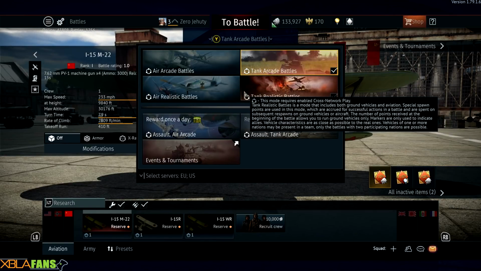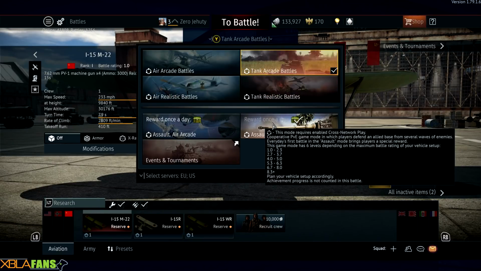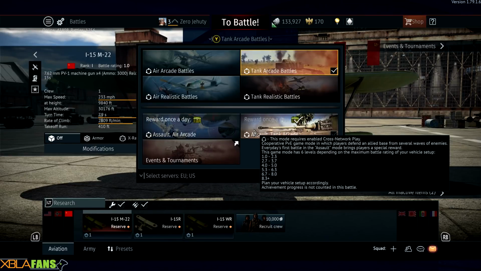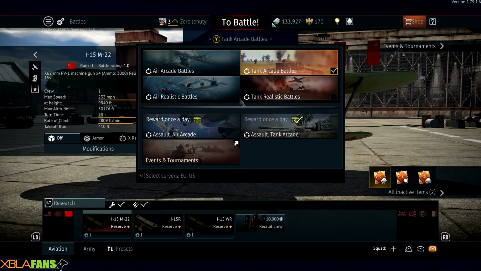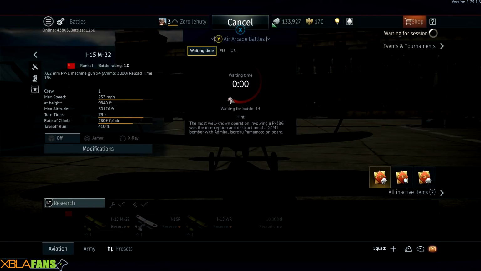Realistic just means usually you run out of fuel or you have a limited amount of spawns. Don't like that. Arcade is when you're kind of doing wave horde based modes. I hate this mode because the AI is insanely accurate and it's not fair whatsoever. So we're gonna do an air arcade, and then